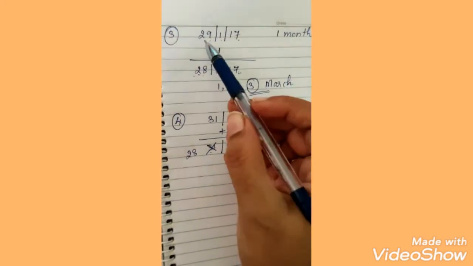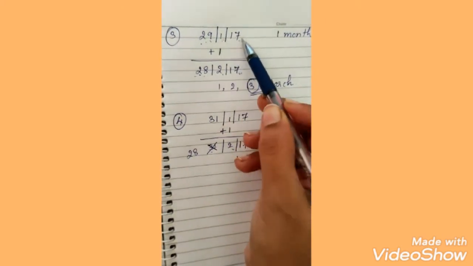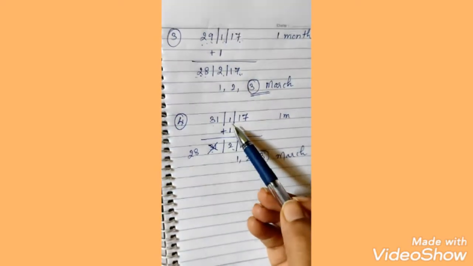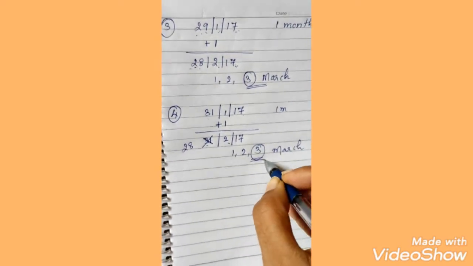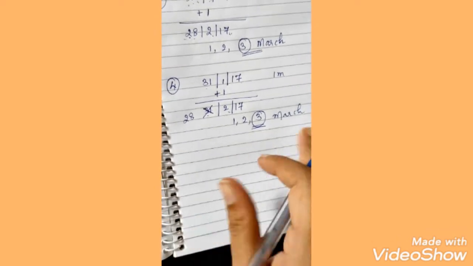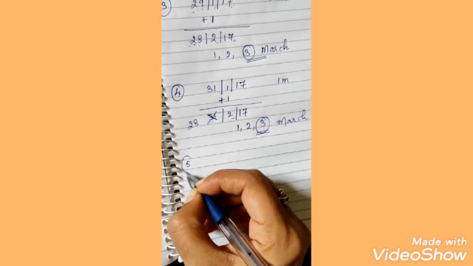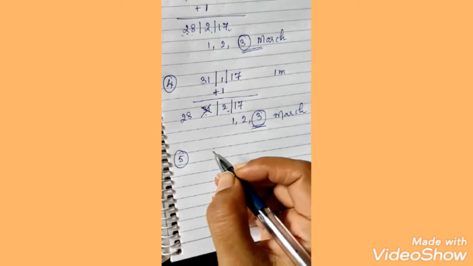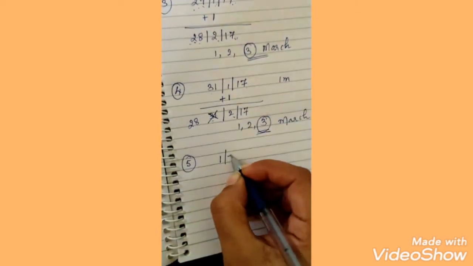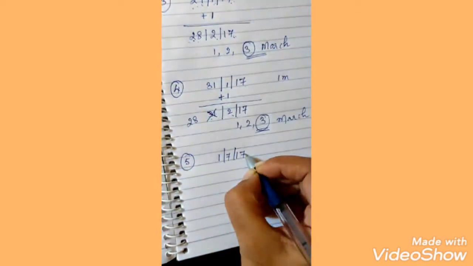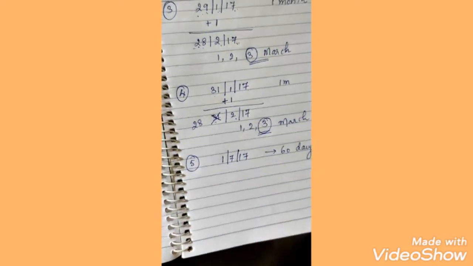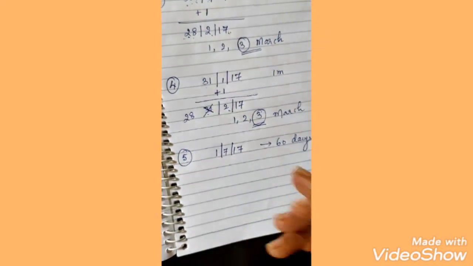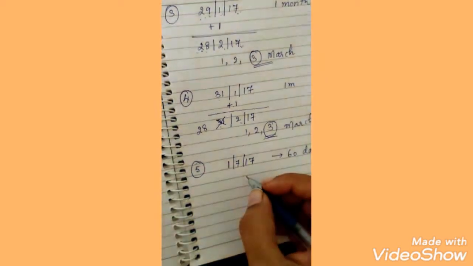So even though you take 29th January 2017 or you take 31st Jan 2017, the date of maturity will be the same. Now we will see a few cases where the bill is drawn for a number of days. For example, 1st July 2017 and the bill is drawn for 60 days. Right? The bill is drawn for 60 days. Now, how are you going to count this?